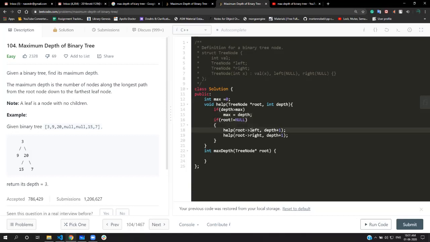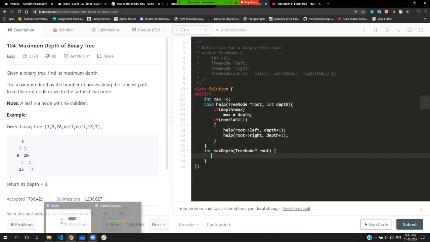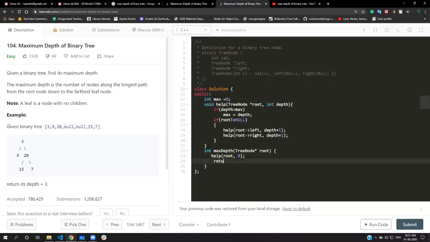Okay, so now I think this function is clear. We can call this function with our root and initially with 0. And finally, we can return max as our solution.